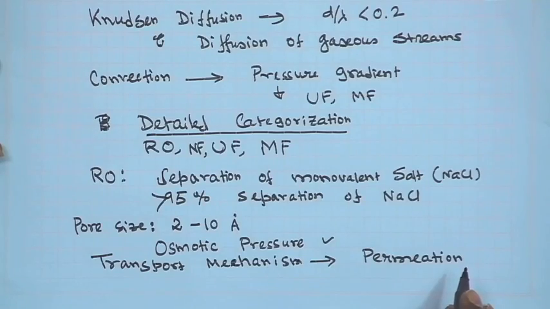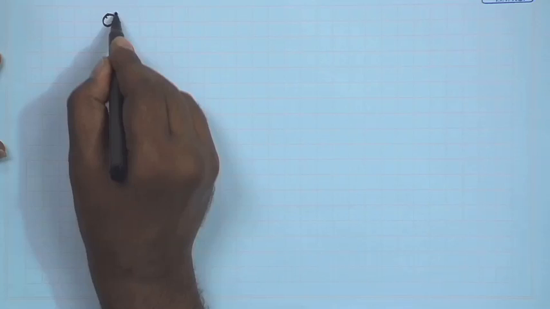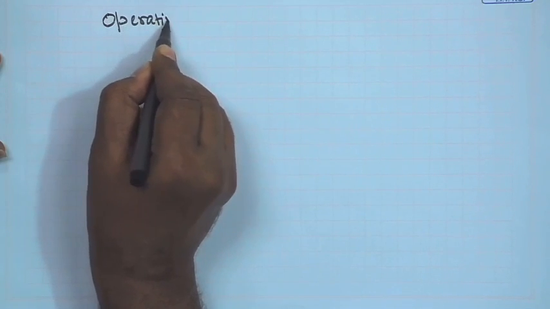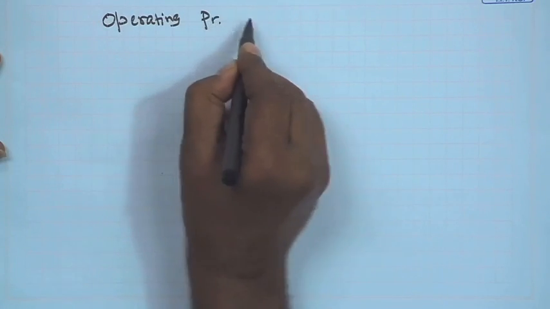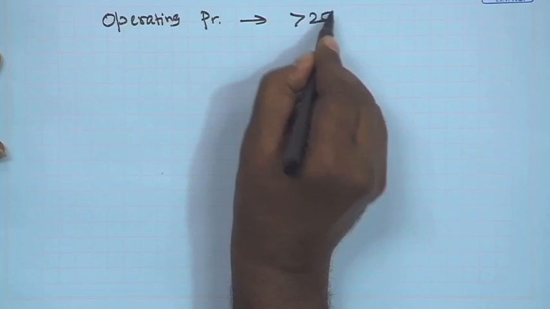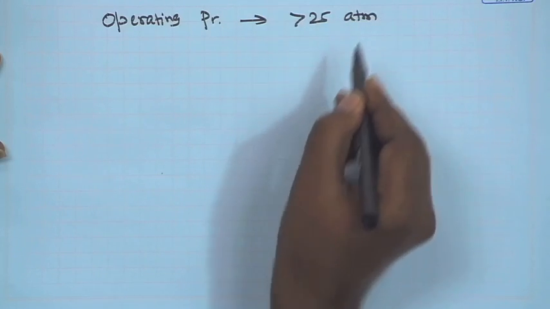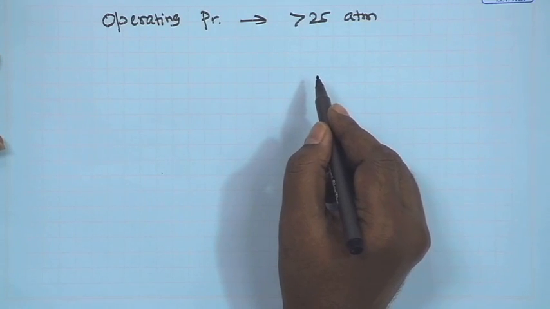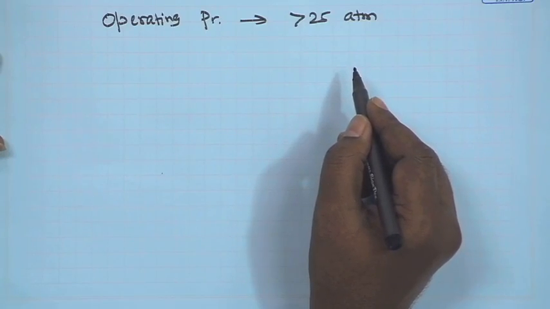So, therefore, the transport mechanism is dissolution, diffusion and desorption, and the throughput of the process will be depending on the operating pressure range. Typical operating pressure range will be above 25 atmosphere. In most of the desalination plants, they operate around 50 atmosphere, 60 atmosphere, because one